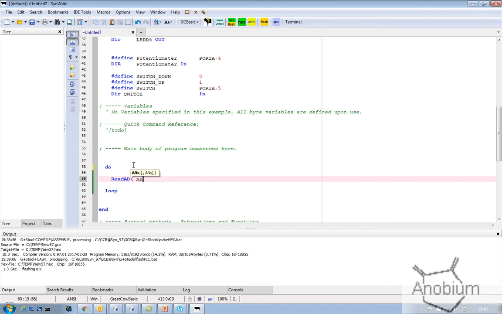the AN4, because it's actually AN4. If you look at the potentiometer on the circuit diagram, it's AN4. That's what it's connected to. I'm going to take the value of that, which is 0 to 255, and I'm going to put it